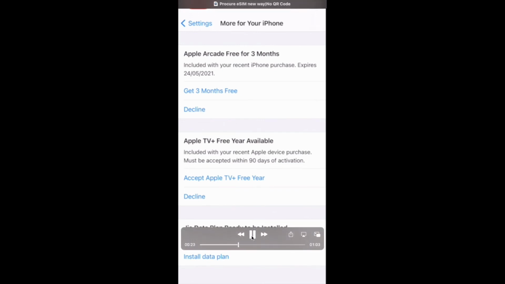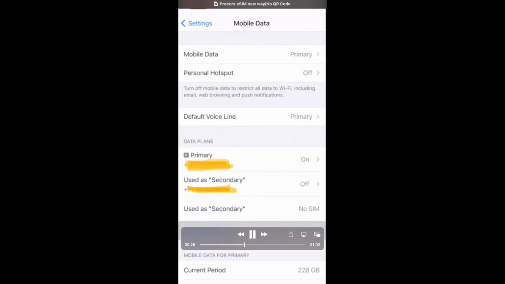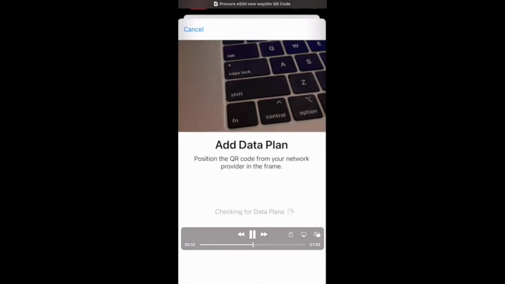Here you can see Jio data plan ready to be installed. I tapped on install data plan and it took me to the mobile data screen, where I clicked add data plan. It is searching for whatever plans are available for me and trying to fetch those details.